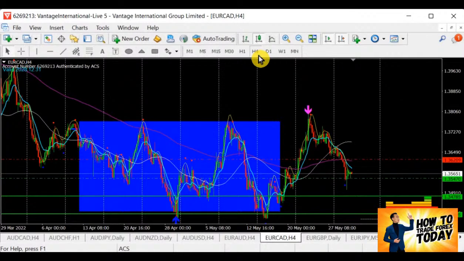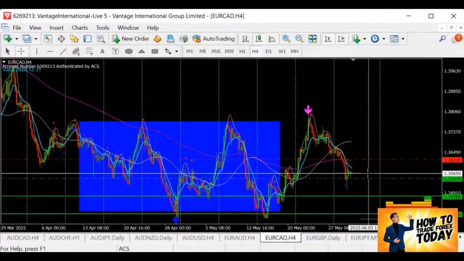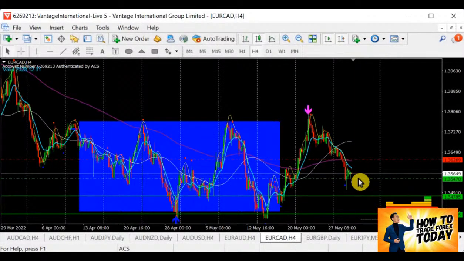All right. So EURCAD. Yesterday we were waiting for it to break the support, but it retraced upwards. Now it seems like we have a better space, 20 pips, not a lot. So in this case, I will still be waiting. The resistance has no change, but I'm still waiting for it to break the support. That's for EURCAD. I'm going to put this into my watch list again.